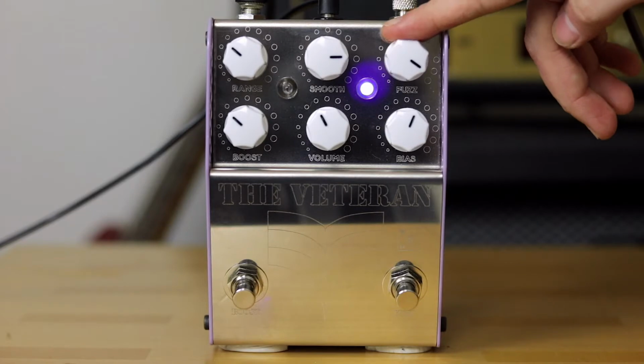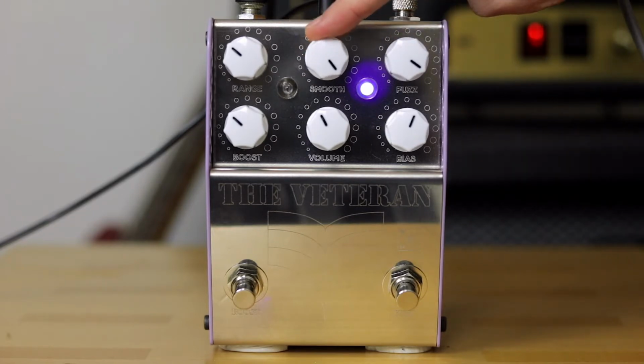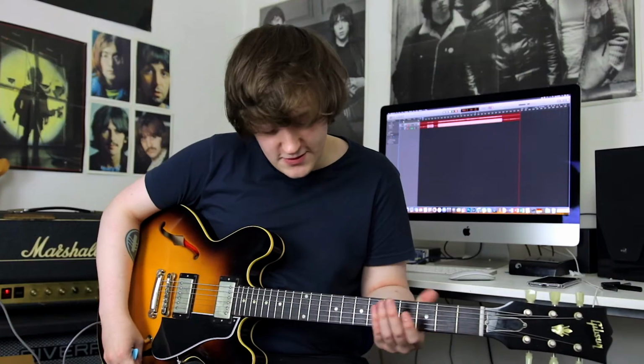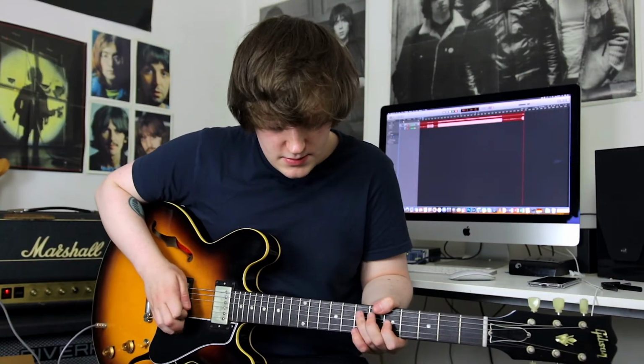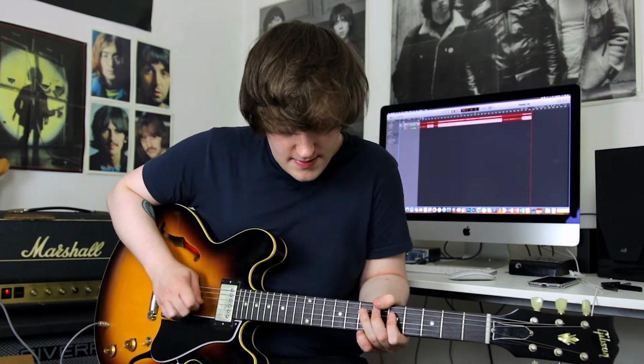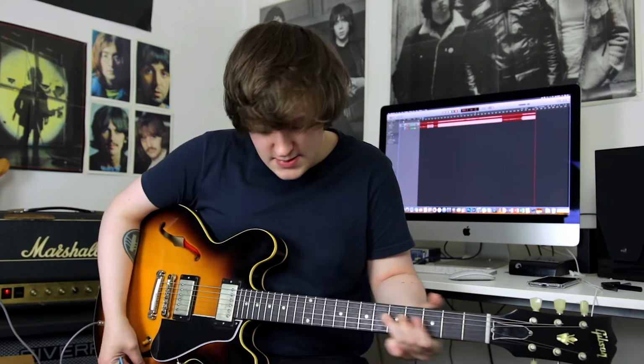So as you can see, it sounds great with humbuckers as well. Let's turn up the smooth control right up to the fuzz face setting, so I'll show you what I was talking about. So this is what it sounds like. It sounds really nice and creamy for lead stuff, but if we dig in on the lower,